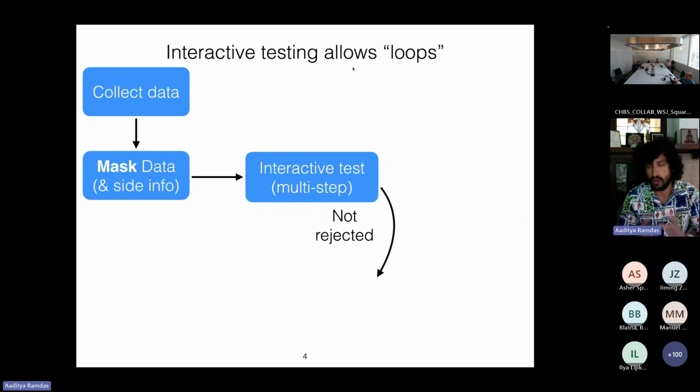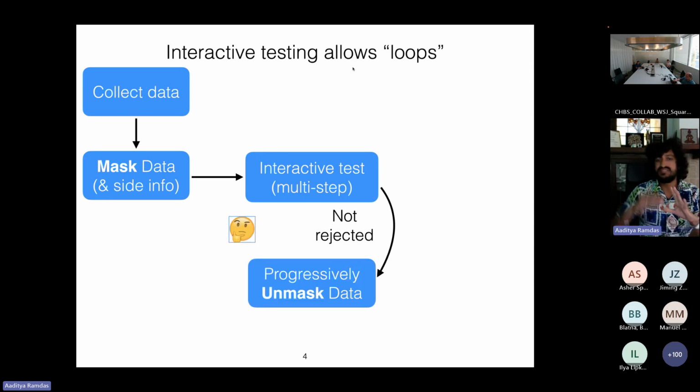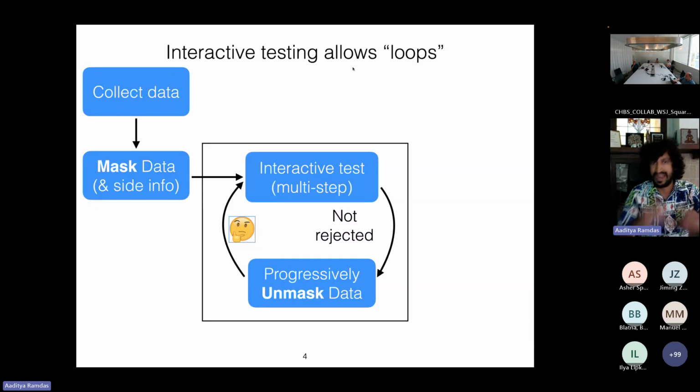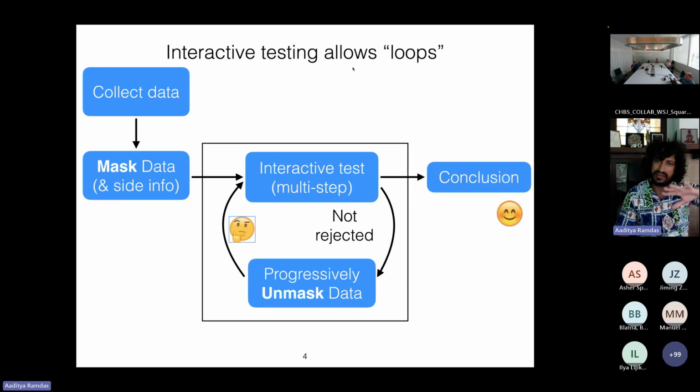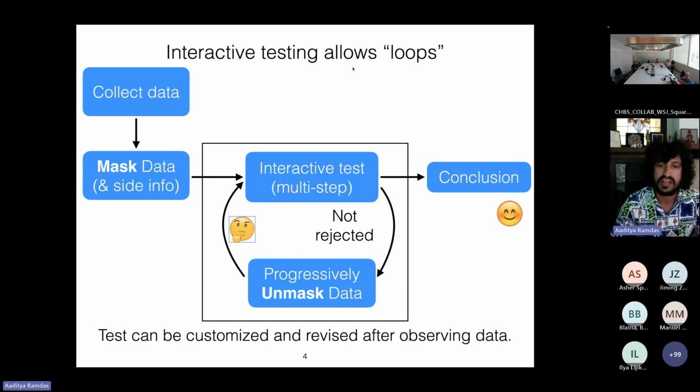if you're not ready to stop yet, or we have not rejected the null, or if some criterion is not satisfied, then we progressively unmask the data. So we've hidden some part of the data, and we progressively show that hidden part to the statistician. The statistician is allowed to mull over what new thing they've learned and change what they're doing at the next step. So there's a loop where they get to interact. And then at some point you can stop and hopefully reach your desired conclusion. This is what we're going to talk about today, how to construct such things.